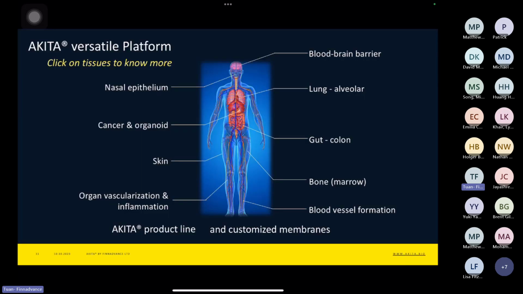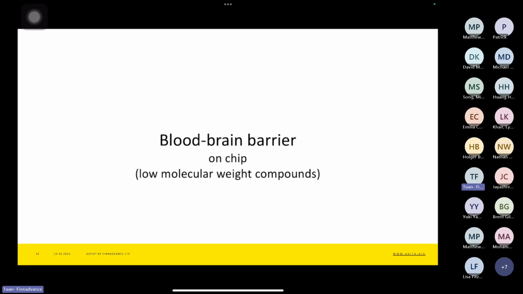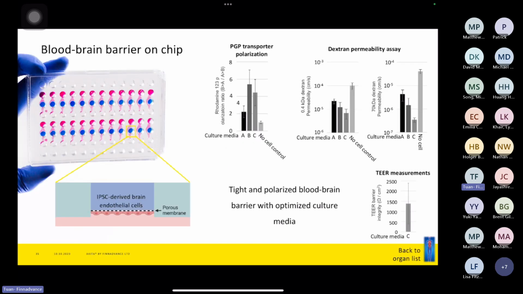Back to the organ list, I can already go to the next model, where I want to show you the blood-brain barrier, which is with low molecular weight compounds. So the idea is the same as I mentioned before. We have the endothelial cells covering the bottom of the membrane inside the microchannels,